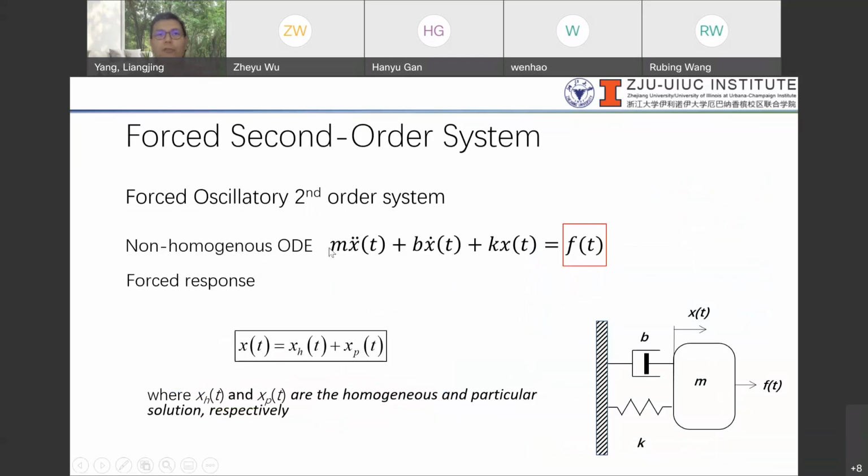We are looking at a non-homogeneous ODE, and the force response will actually be a combination of our free response and a particular solution, right? So in other words, the transient and the steady state. That will be a transient part and the steady state part. But mathematically, this is just the solution of our ODE with the homogeneous